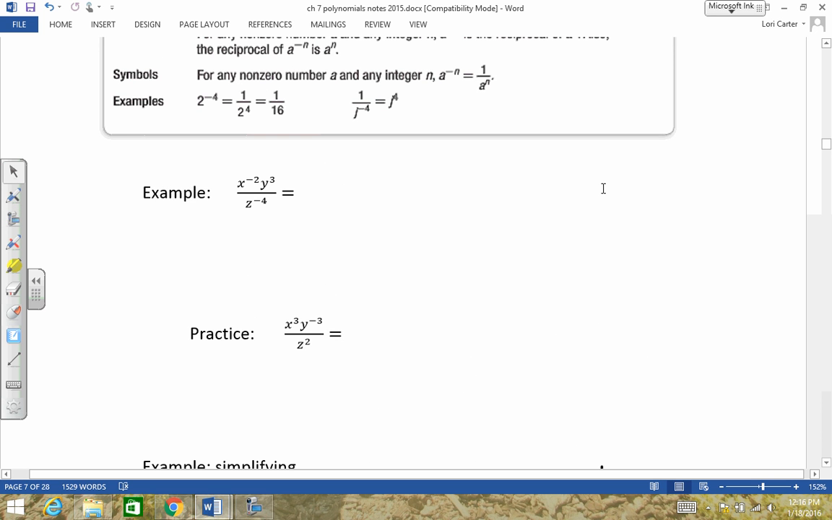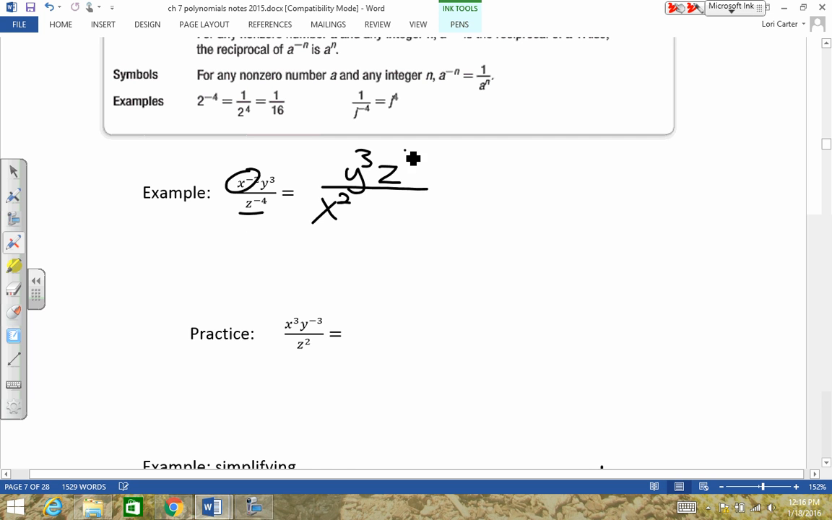X minus 2. All right, and the first one, this example, who needs to move? The x and the z. The x is negative up, so that's x squared. Does the y move? No, he stays. Does the z move? Z to the 4, yes, he does. He's negative. So when you drop it to the bottom,